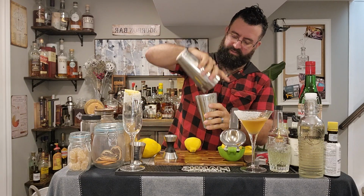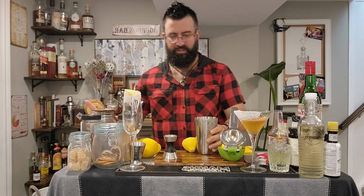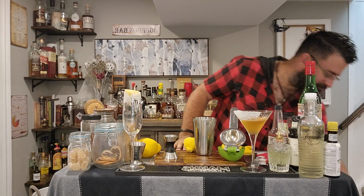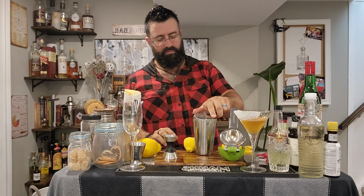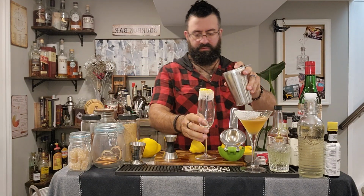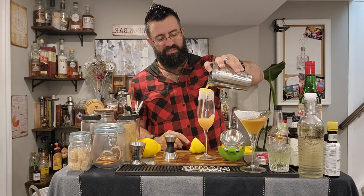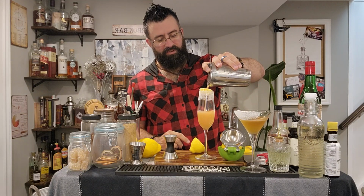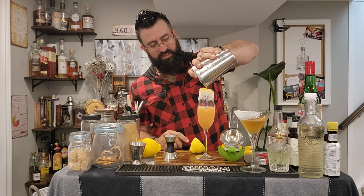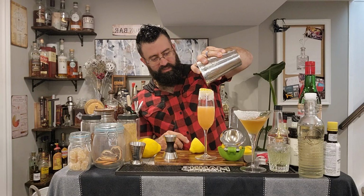Big goes back into the little. Oh, that's beautiful color. Wonderful color. Oh, man. Love that for me. Strainer top. There we go. Got our strainer. We've got our champagne flute. We're going to try ever so hard to pour this in without making a mess. That is a beautiful color. Look at that thing. I think a lot of that is from the bitters and the cognac coming together. It looks...